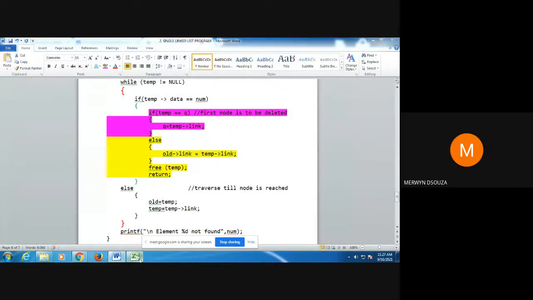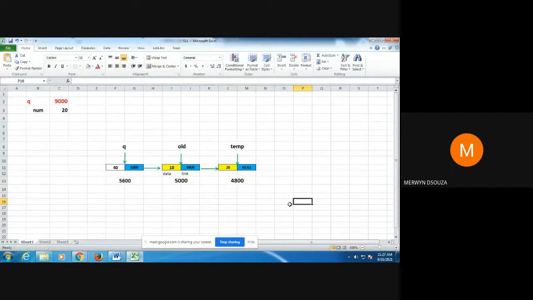Now, when you're going to delete this node, just think, don't look at the programming part. When you delete this node, let me actually delete it. Imagine it's not there now. When it is not there, what value should come here in the old pointer next part, link part? You can type in the chat box. After I finish deleting this node, what value should come here in the next part or the link part of the old pointer?